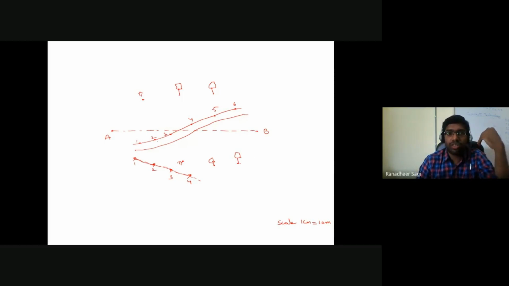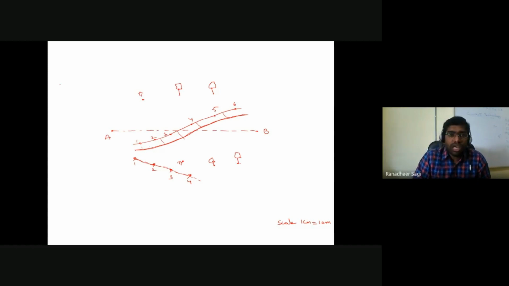Once these 1, 2, 3, 4, 5, 6 points are located, I join all those points by means of a smooth curve, so that I get one end of your road. And for the width of 5 meters, what is to be marked? If I set a distance of 5 meters here, here, wherever it is, then accordingly I can get the other end of the road, which I am supposed to mark in the map.